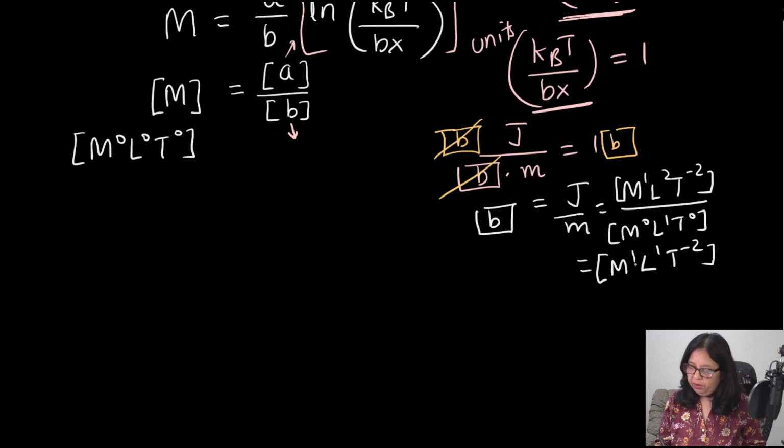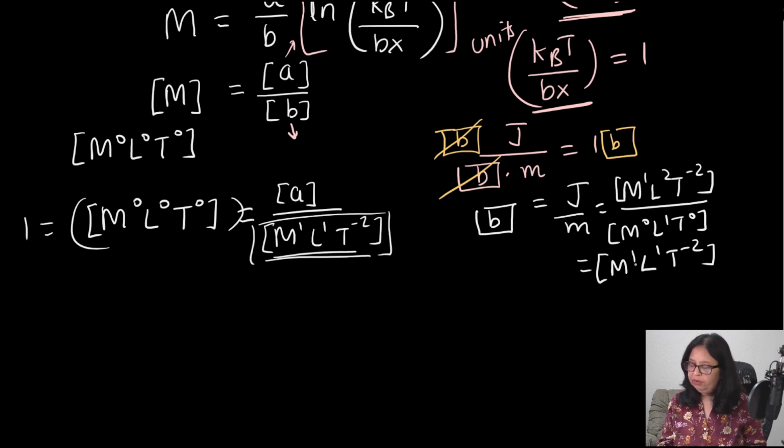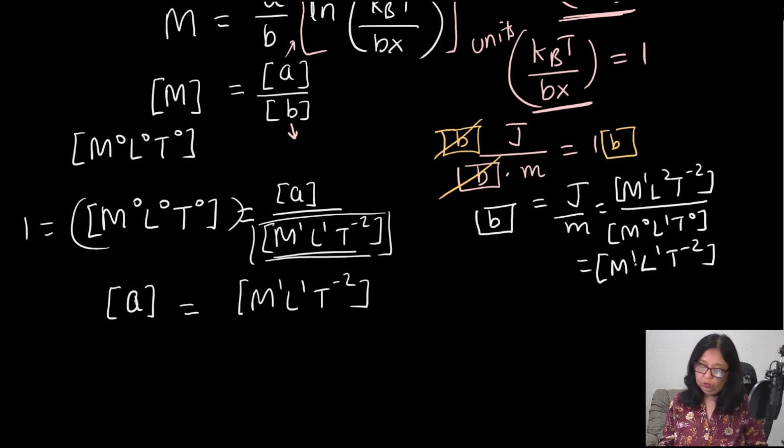Okay, so now here we can write M0, L0, T0 on the left-hand side equals A divided by M1, L1, T minus 2. So this really is just 1 here. So multiply both sides by this denominator here. What does that give you? SI units of A equals M1, L1, T minus 2, which is force. So dimensions of A are